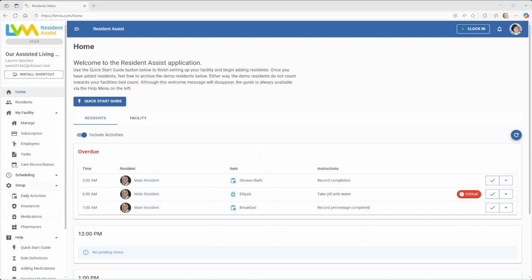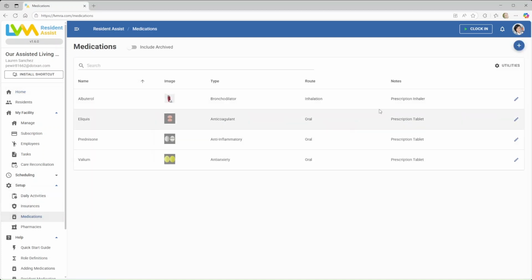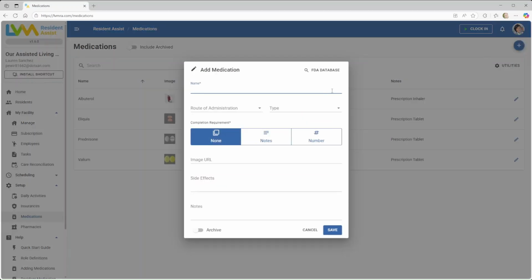Click to expand the Setup menu and select Medications. Now click the plus button in the upper right corner. Enter the name and dosage of the medication in the name field. All other details on this form are optional, though they may prove helpful to your staff as they identify and